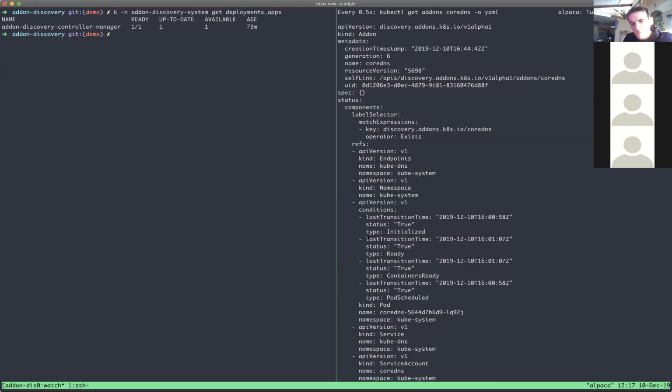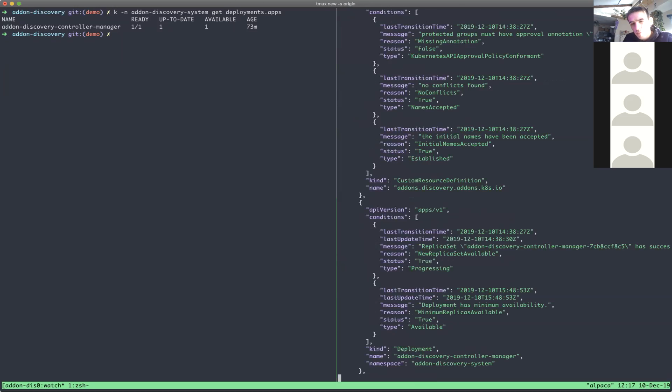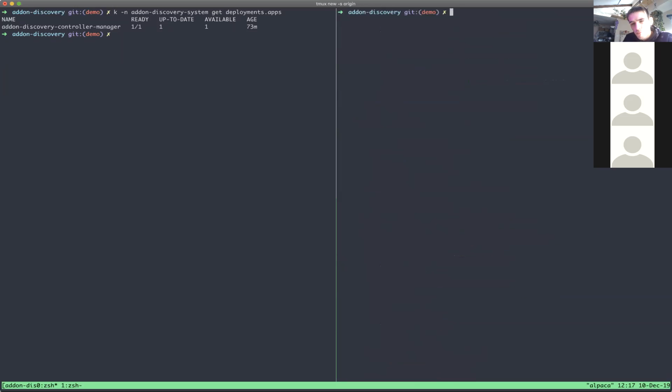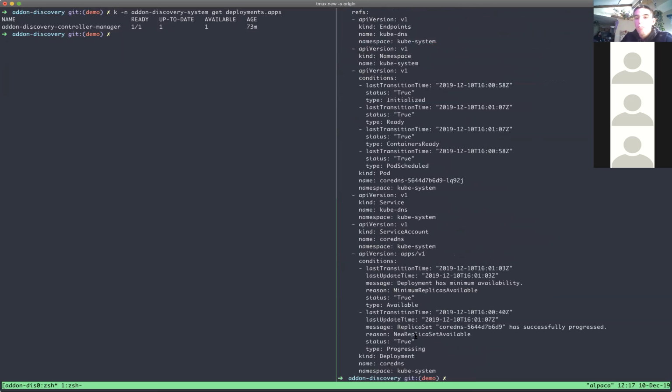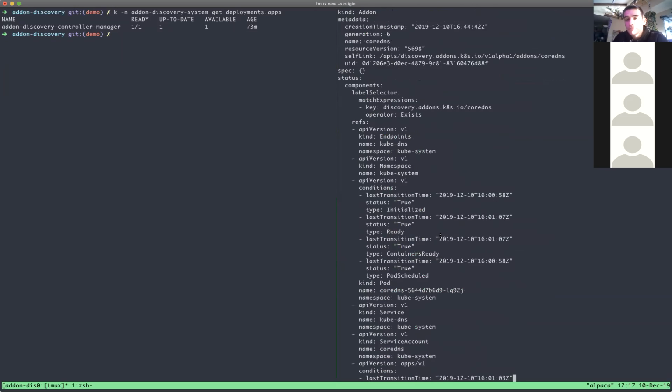We can't see the full picture because we're kind of large. But I have a few add-ons, quote unquote add-ons, here. One of them is CoreDNS. I have a kind cluster with CoreDNS running on it. I will get that same one that's extended down. You can see this is a selection of the resources that I've labeled. So you've got some deployments, some pods, namespaces, services.